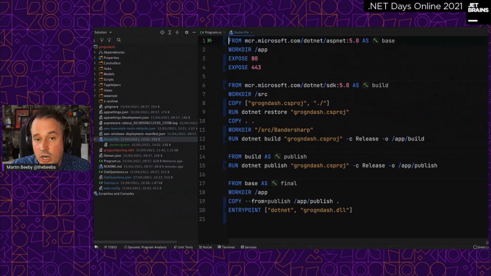It's a multi-stage Docker file, which Rider has added to our project automatically. Now, if you're not familiar with Docker, don't worry. It's actually really straightforward what Docker does, and we don't really need to get into the nitty-gritty of how it works and why it works. What you should know is this is basically